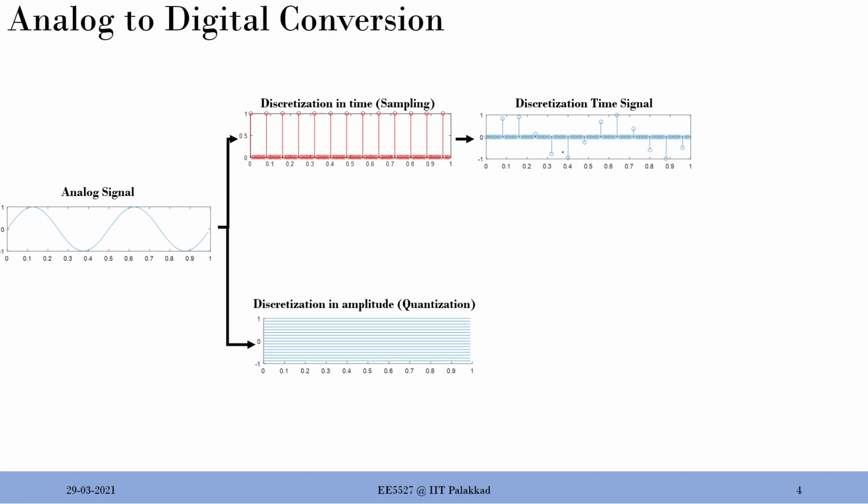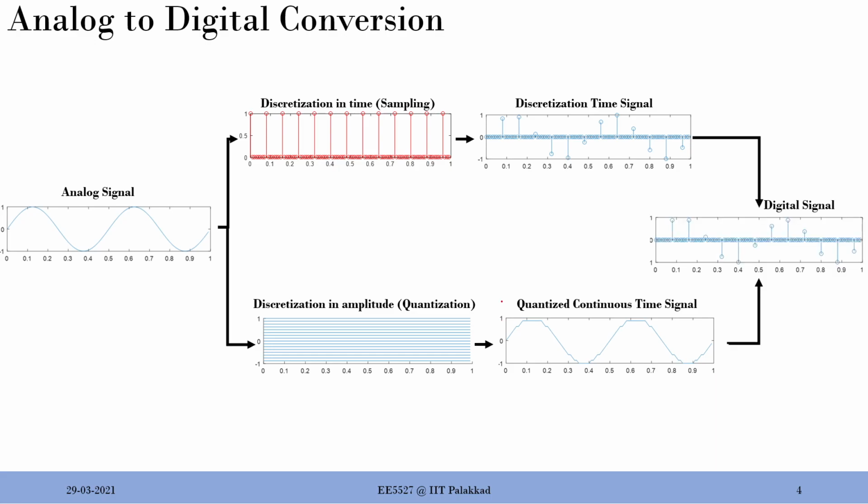And similarly I can do discretization in amplitude, which means I'm going to divide this voltage range into a certain number of levels. In another sense it is known as quantization. So you do that, and then you end up getting something like this. You can actually see that so many values will take one value. So many values will get quantized, or will appear to be one value in the result. And then if you combine both of them, what you get is a digital signal.